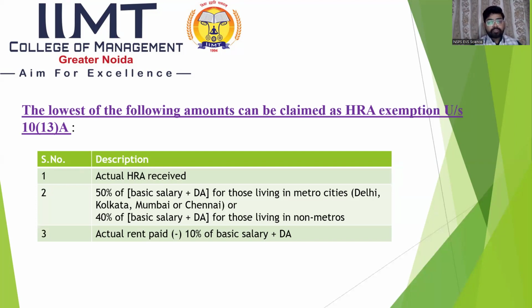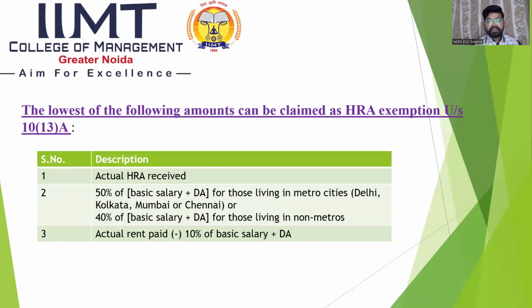The first limit is the actual HRA received by the employee from the employer. The second point is 50% of basic salary plus DA for those living in metro cities like Delhi, Kolkata, Mumbai, and Chennai, or 40% of basic salary plus DA for those living in non-metro cities other than Delhi, Kolkata, Mumbai, or Chennai. The third point is actual rent paid minus 10% of basic salary plus DA. Of all 3 points, the lowest amount is eligible for exemption by the employee